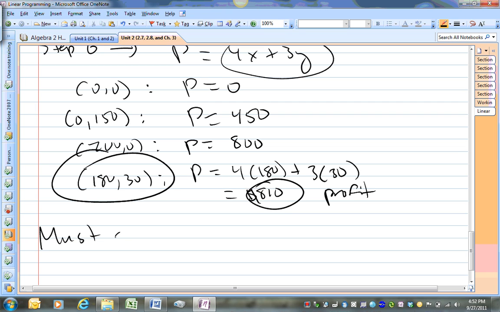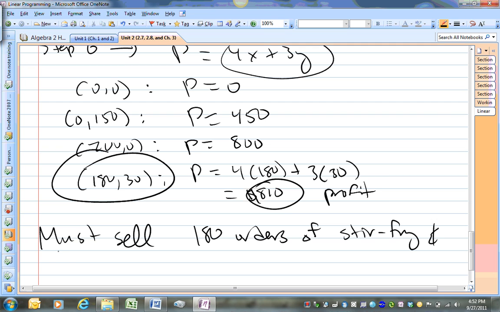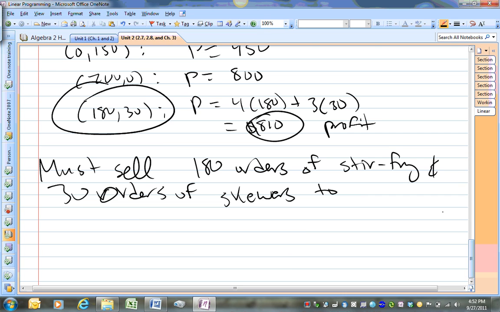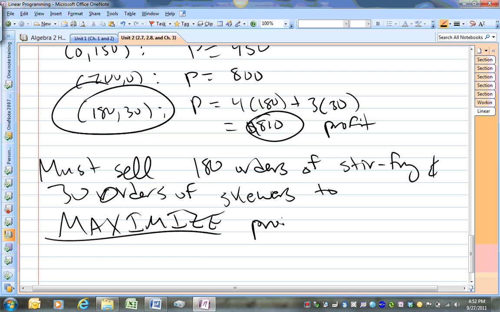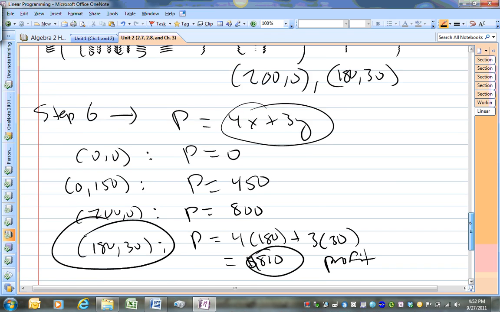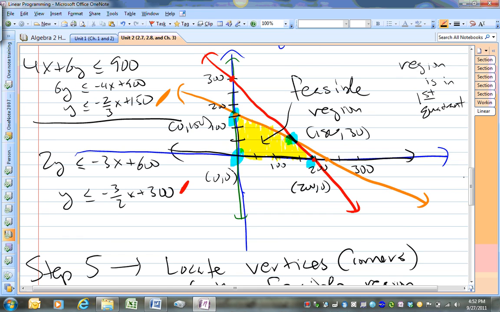So we must sell 180 orders of stir fry and 30 orders of skewers to maximize profit, which was $810. Nothing else will work, because if I choose anything outside the feasible region, I disobey my